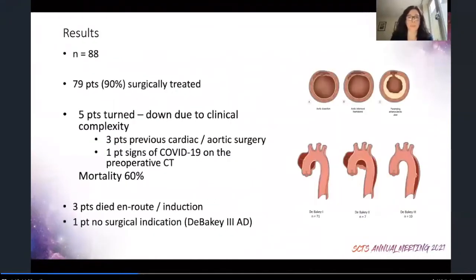We recruited 88 patients during this period, the majority of them being type A aortic dissections, although we also have type B and aortic intramural hematomas and penetrating ulcers in this study. 90% of the patients received emergency surgery and only 5 patients were turned down. The reasons for that were not necessarily COVID related, but most likely due to pre-existing conditions. Other 3 patients died during transfer to the unit or during anesthetic induction, and the remaining patient was managed